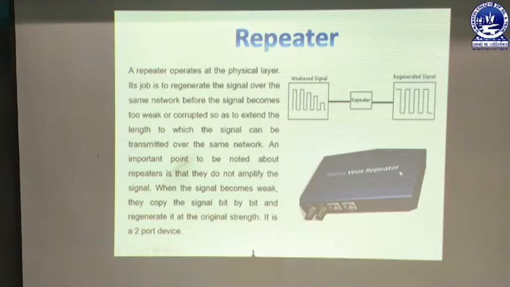So this is the image of a repeater, which is a two-port device that transfers the data bit by bit. That means every piece of data that will be transferred will be in the form of bits, that is 0 and 1. So here it is in digital form. Again the regenerated signal, having the maximum energy level, is again in bit format. So all the data are being sent bit by bit. So this is all about your repeater.